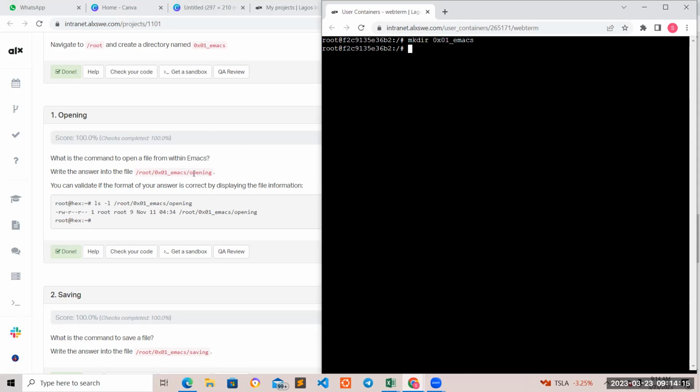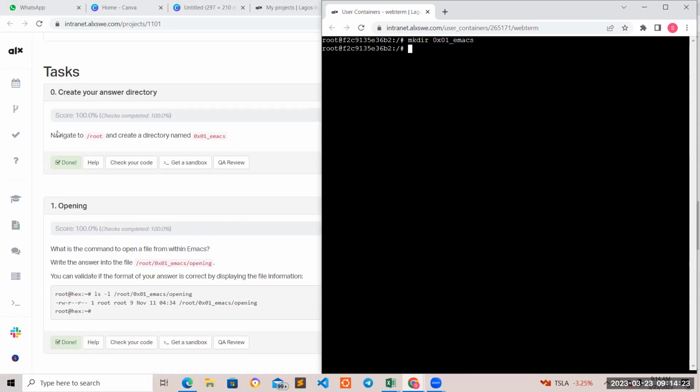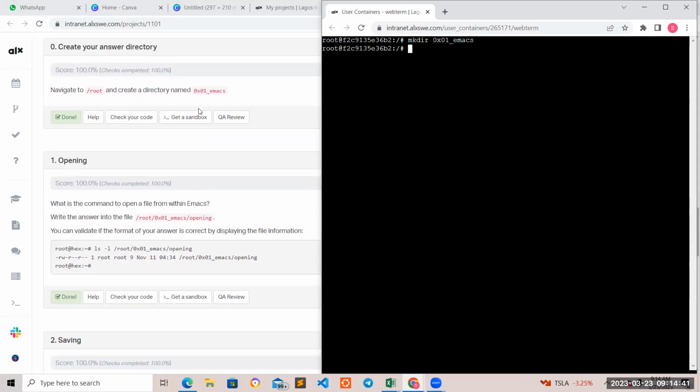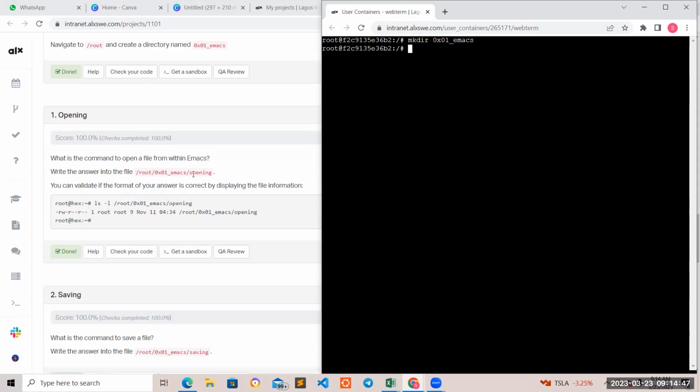/0x01 Emacs /opening. Remember that we just created our folder under our root folder. Before you create this folder, make sure you navigate to your /root folder. To do that, you cd into your root folder, and then you create your directory inside it. Now that the directory is created, you're going to cd into it. So in task 1, we're going to cd from our root folder to our